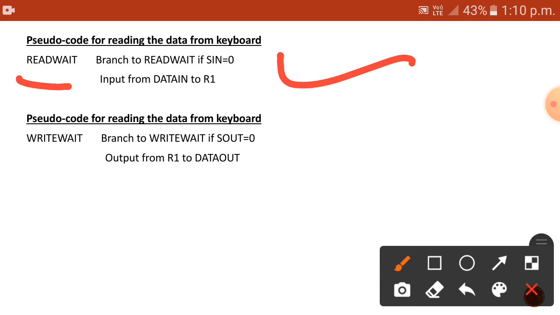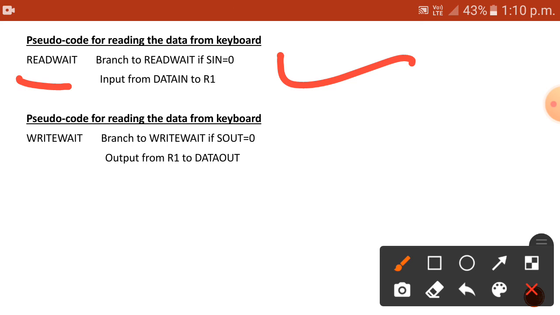Then input from data in to R1. If SIN is 0, the processor has to wait for the user to press a key. As soon as SIN becomes 1, the character from data in is moved to register R1.